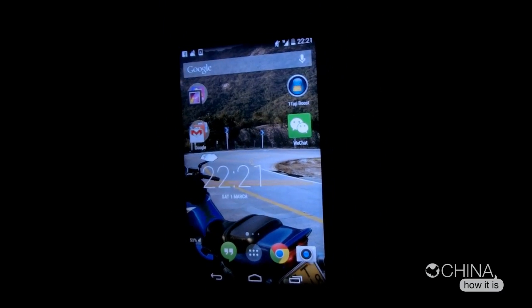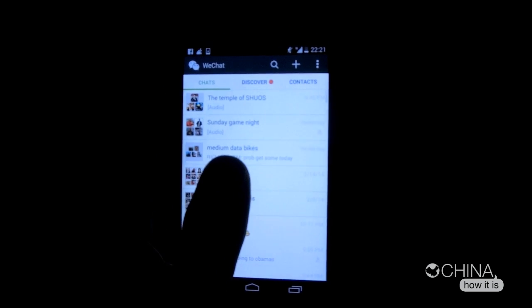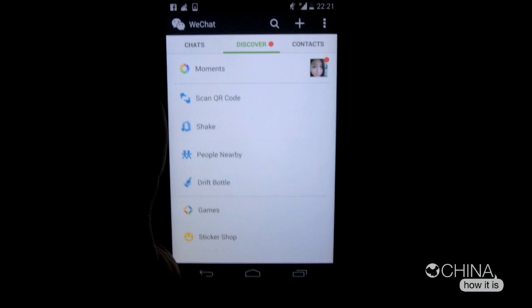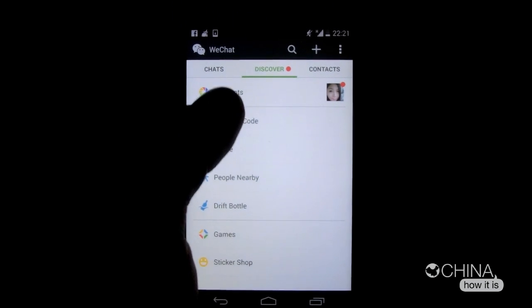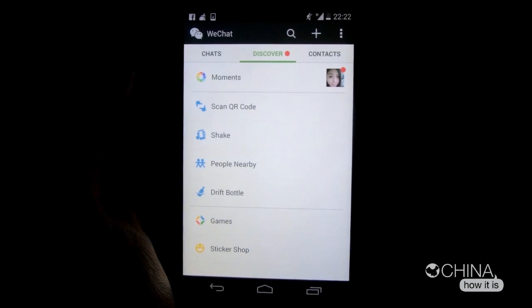I'm just going to show you some of the features of WeChat. Now there's the icon. I'm going to fire it up, okay? Right, don't worry about my chats. Let's move that on, and go to Discover. Okay, I'll show you how the chat thing works shortly. Okay, now as you can see, it's got this thing called Moments at the top, and there's a notification, there's something new. So I click on Moments,